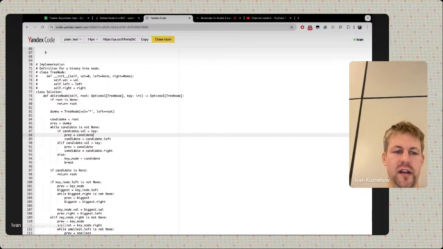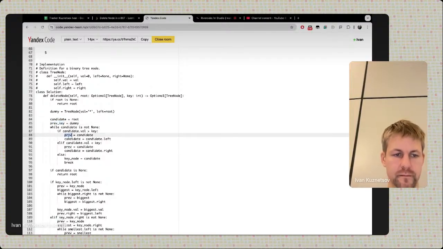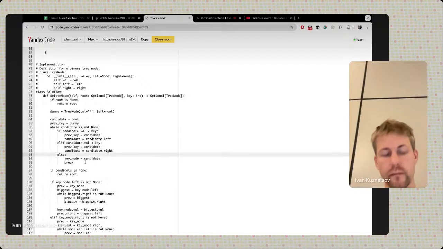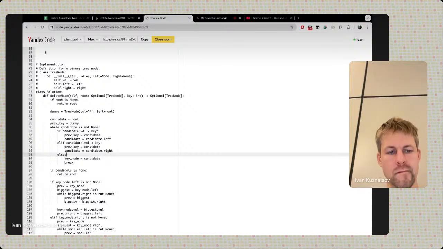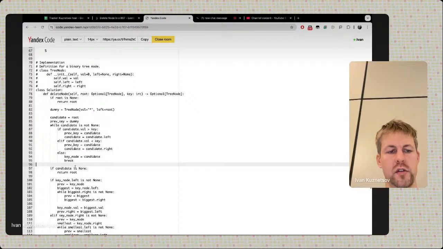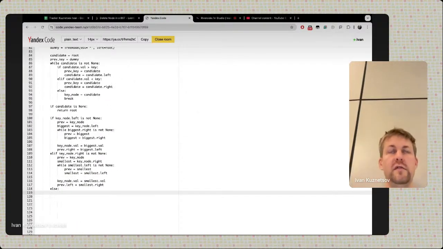Okay, I am redefining it here, so here we are updating, but otherwise we are leaving it be. Okay, so now we have previous key, and in case where we are removing the leaf node, we just need to do previous